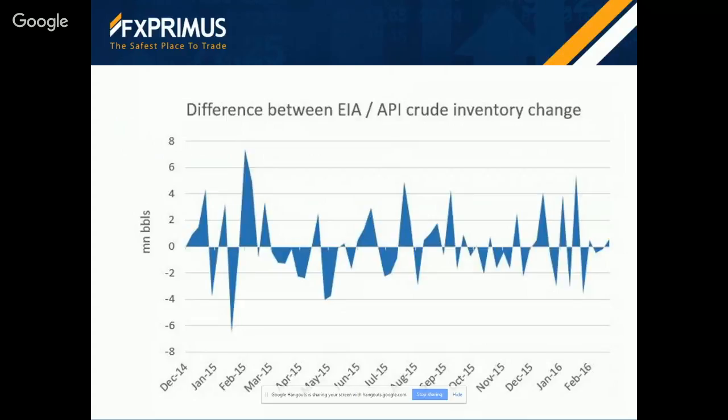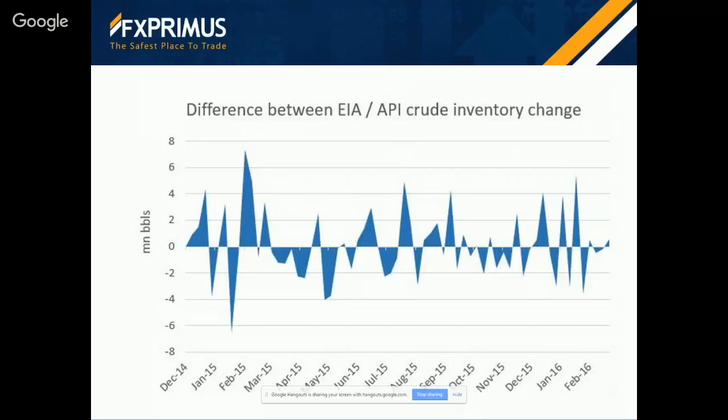There are other differences. Some of the differences also arise because the API sometimes rejects data if they think it might not be accurate. Also, the two organizations have different statistical methodologies for estimating data from firms that don't respond. In any event, I think the market reacts more to the EIA data because A, it's perceived as being more accurate, and B, since it's publicly available, many securities firms produce forecasts for it, and that produces a market consensus to judge the figures against. Although, of course, traders' views on the market consensus may change Tuesday afternoon after they see the API figure.